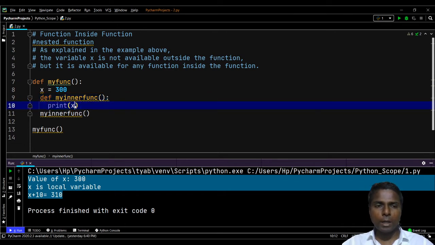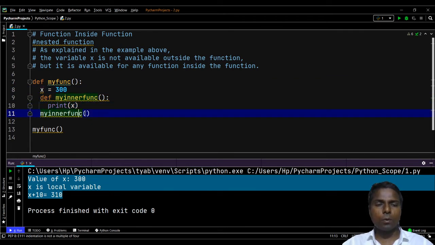Now, its scope: if you look locally at my inner func, the value of x is not known for this function. But as my inner func is part of my func function, where x is initialized as x equal to 300, this value will be given over here. It means it can be used in this function inside the function.